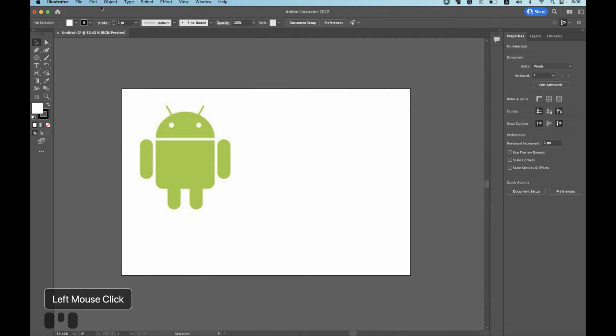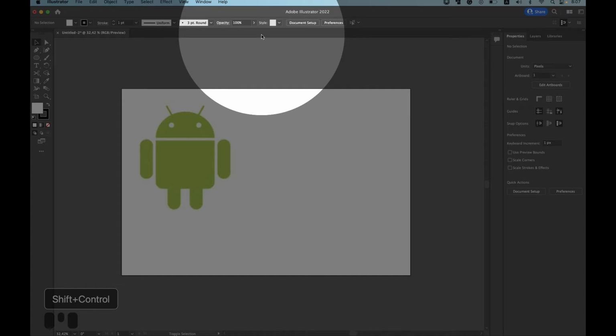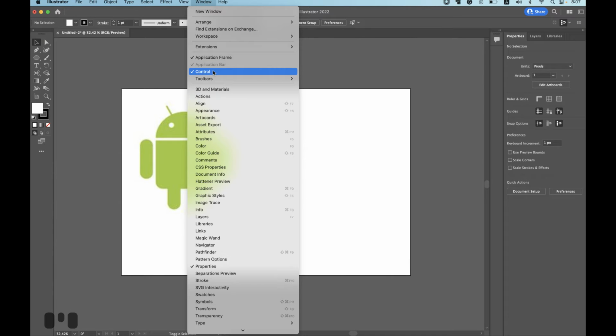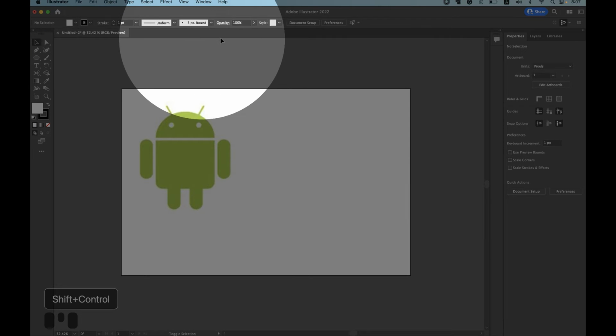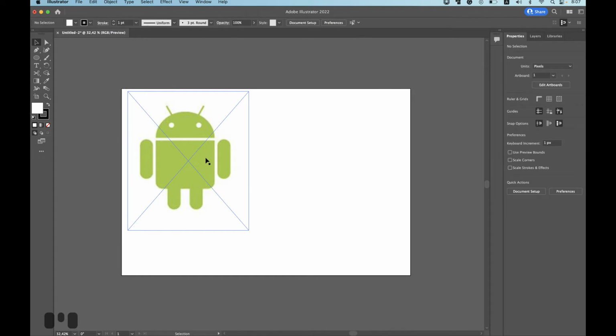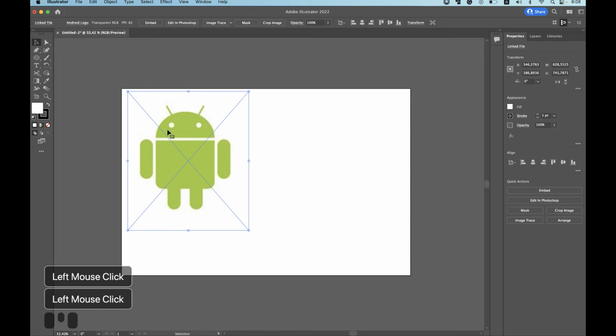For instance, when you open Illustrator the first time, you will see nothing over here. And those who work in Photoshop really like the option panel right up here. And we can find it in the Window tab. It's called the Control panel. And in this panel, we can work with precise adjustments of the tool that we are using now. Now we've got the selection tool selected right over here. And that means that we can transform and align objects and change the opacity.